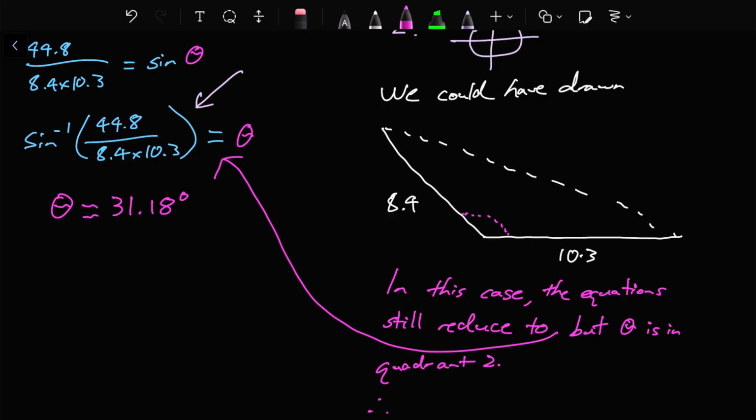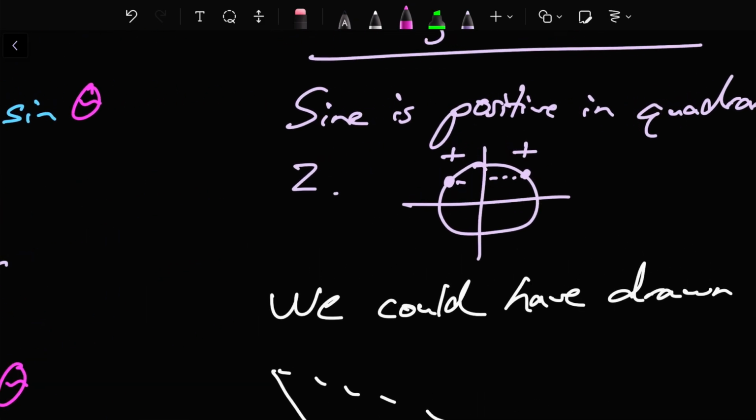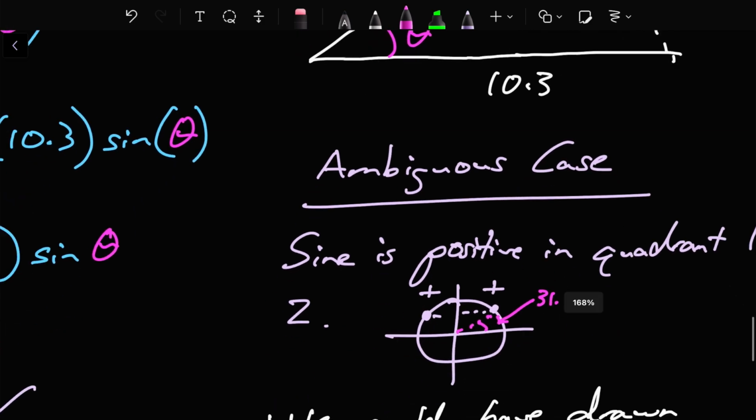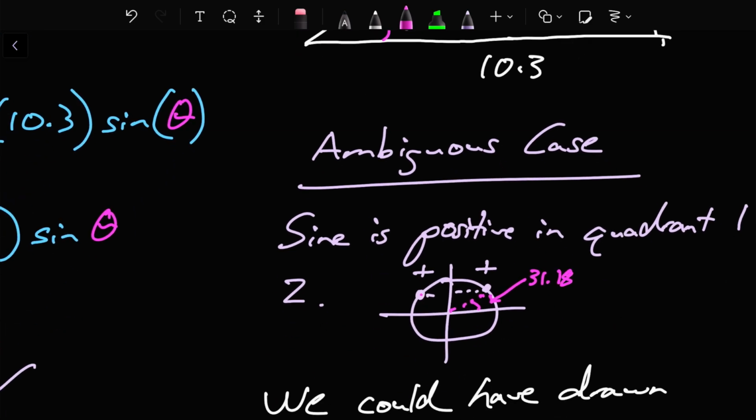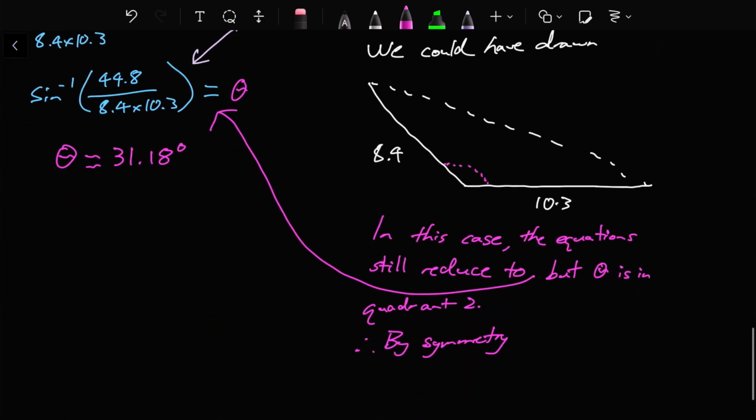Therefore, and you can think about this for a sec if you need to, by symmetry, using this idea here, that we could have taken this angle, right? This angle could have been 31.18. Or we could have taken this one, where this angle is 31.18, which means if that small angle is 31.18, what's the whole angle? Well, by symmetry, theta can equal 180 minus 31.18,